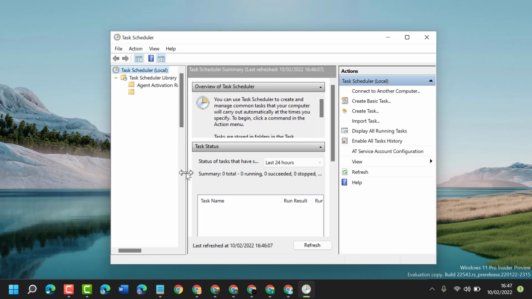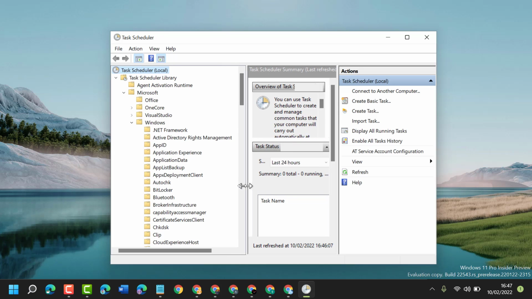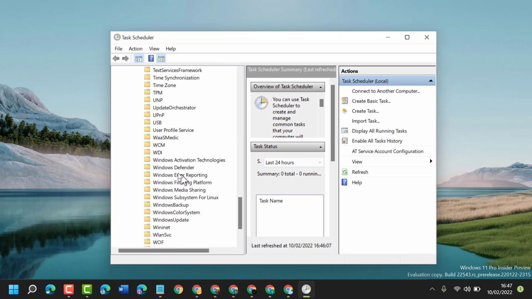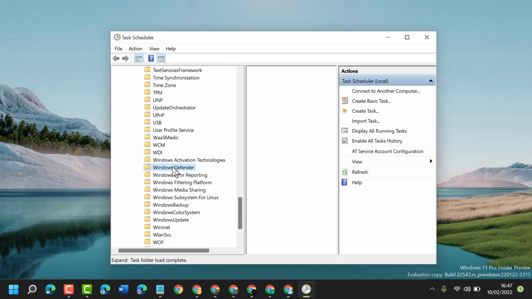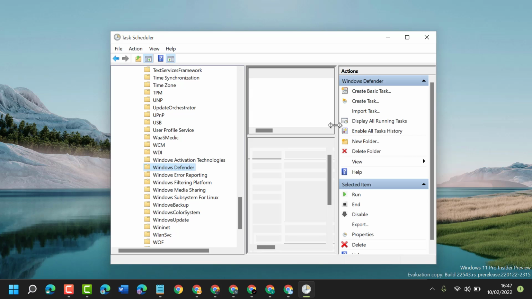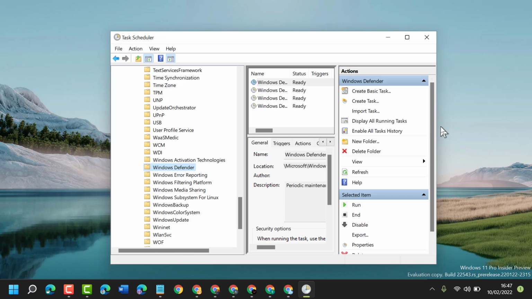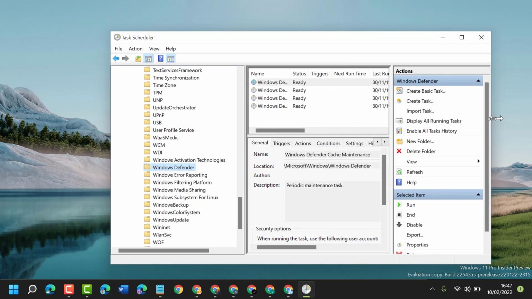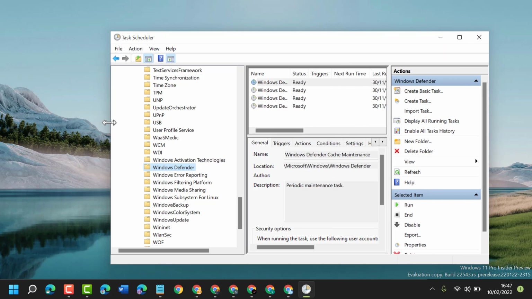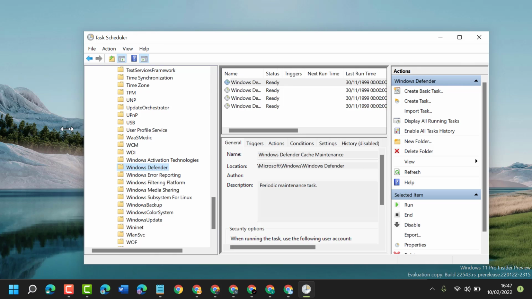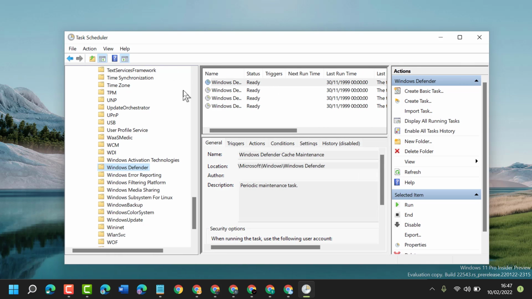Now here in this list, double click on Windows Defender. On this one, so double click on it and here guys you will see some files. So double click on it